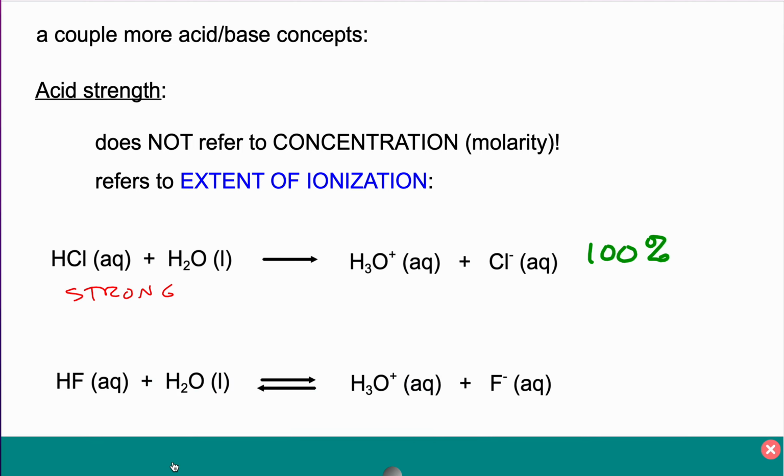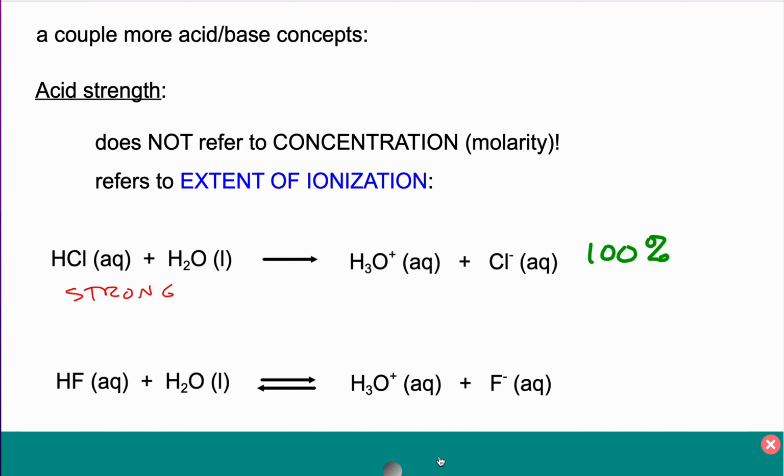On the other hand, hydrofluoric acid only partially ionizes in water to form the hydronium ion and the fluoride ion. And in fact, it forms an equilibrium, which we sometimes represent with the 2 arrows pointing forward and backward. So it's an equilibrium process. And depending upon the initial concentration of the hydrofluoric acid, this could only be about 5% ionized, meaning that out